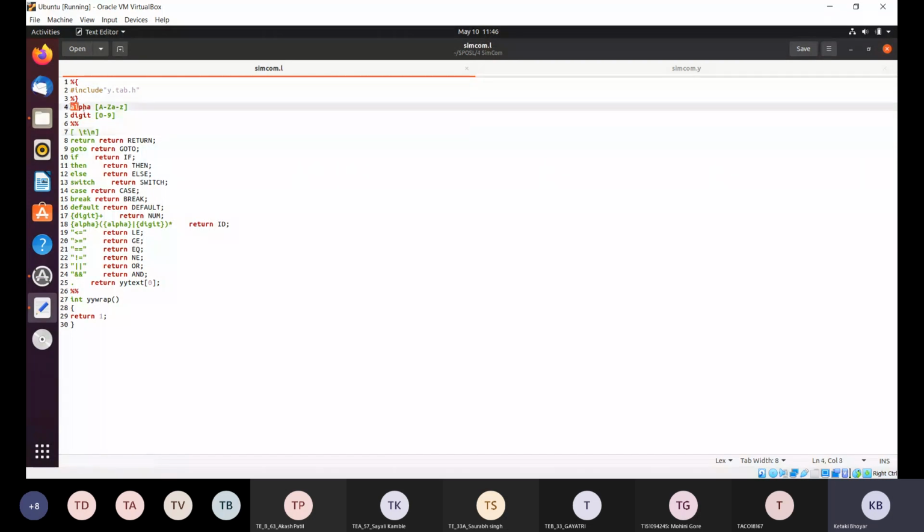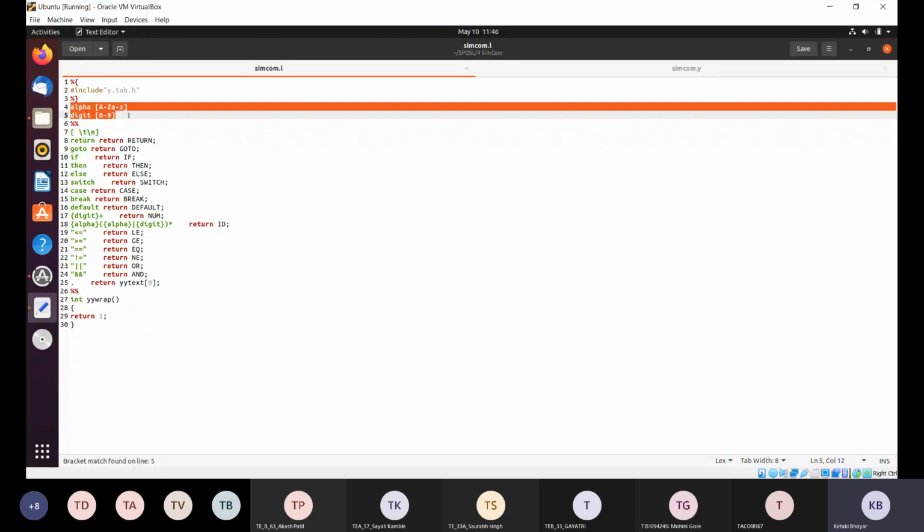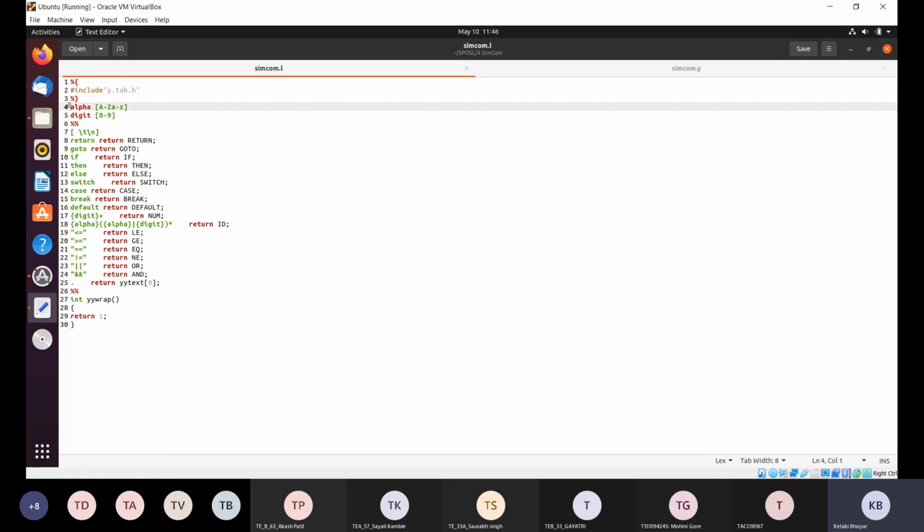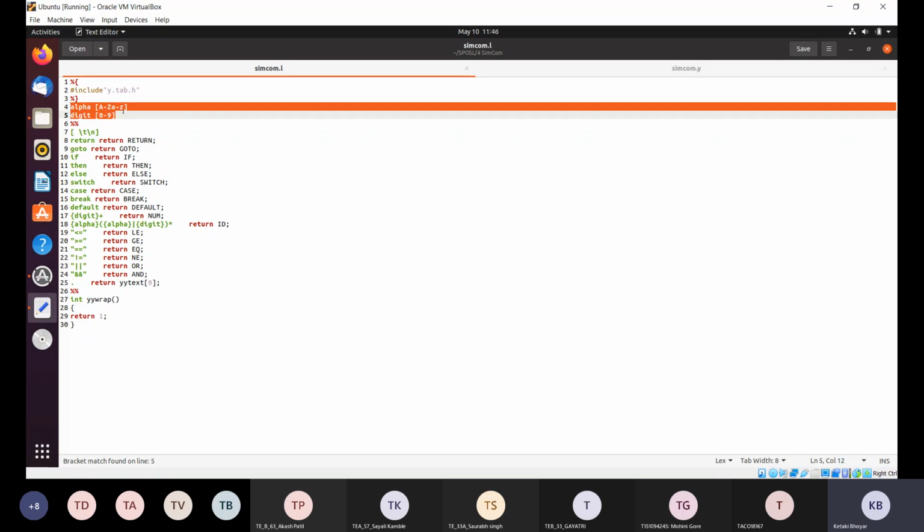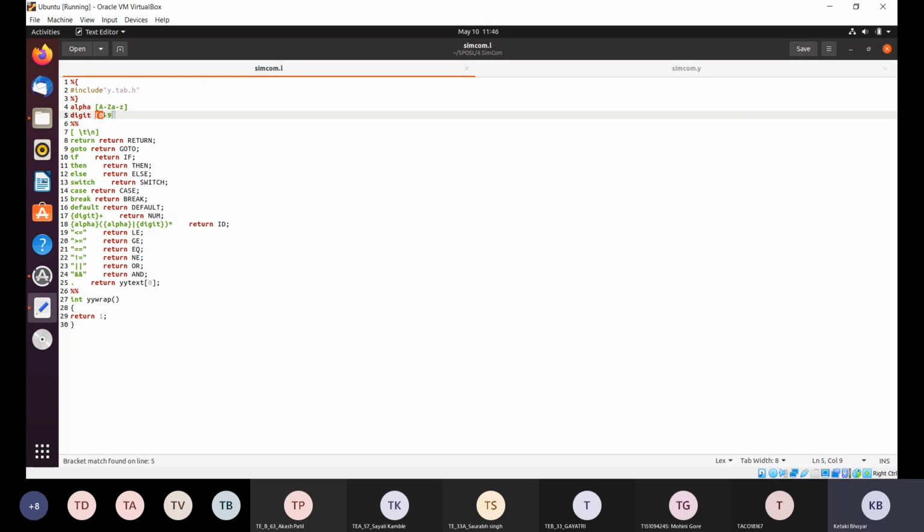Then the next part is the declaration part. Here in the declaration part, for our convenience, if there is a sequence of capital A to Z and small a to z, then these are alphabets, and if there is any sequence of digits, then it will be known as a digit.